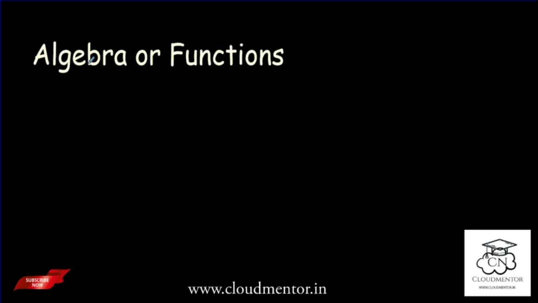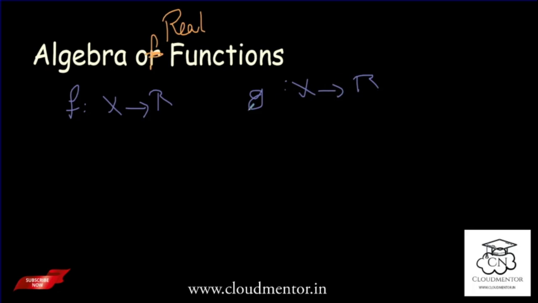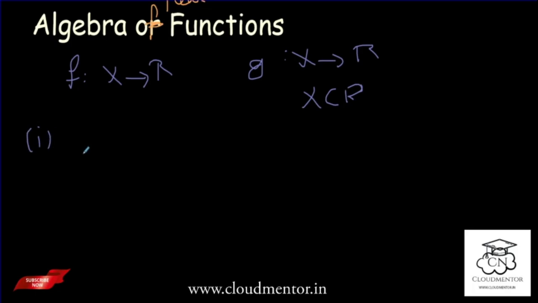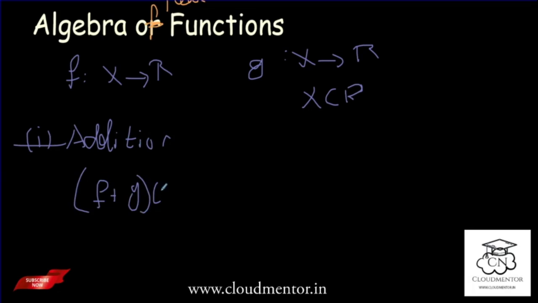So moving to the next part, algebra of real functions. Let f from X to R and g from X to R be any two real functions, and X is a subset of R. Then the first operation is addition of real functions, that is f plus g of x is equal to f of x plus g of x. And in the subtraction,